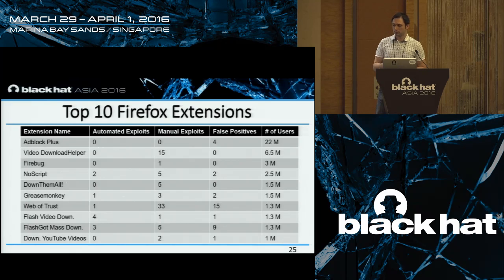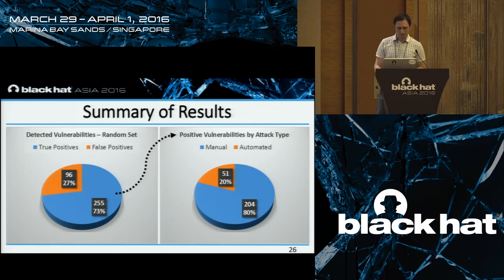It becomes impossible to exploit using that function. So these are our false positives, and at the end you see the number of users. As you see, they have millions of users. So this is from the random set, and we found 255 working exploits, and when we look at these working exploits,